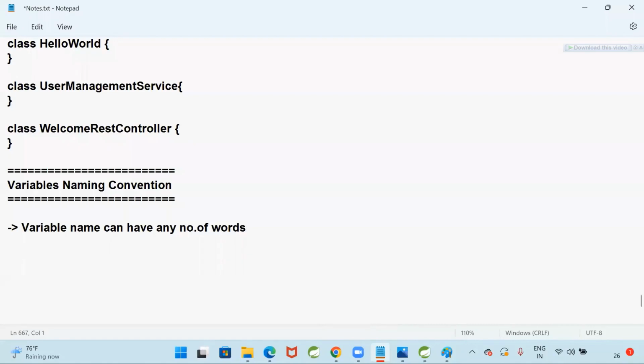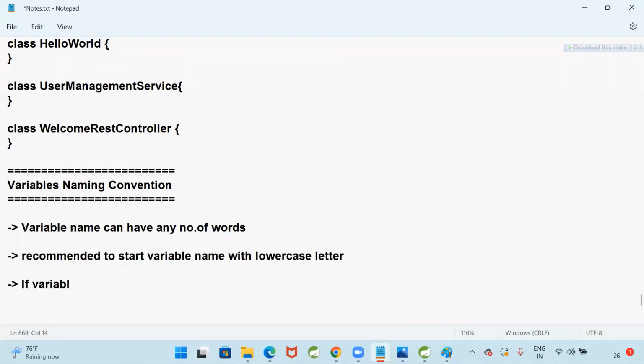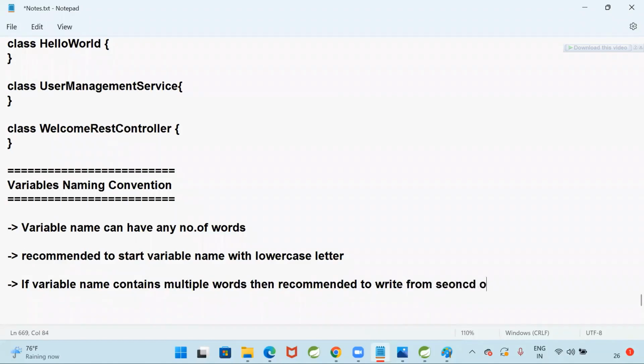Variable names should start with lowercase. I mean, it is recommended to start a variable name with a lowercase letter. A variable name can have any number of words. If a variable name contains multiple words, then it is recommended to write, from the second word onwards,